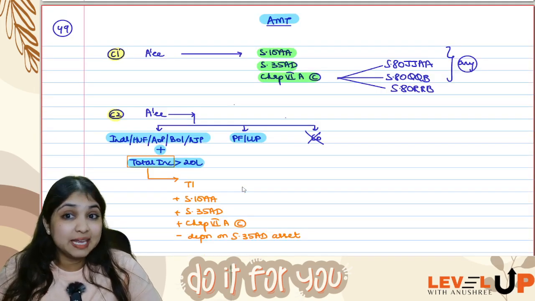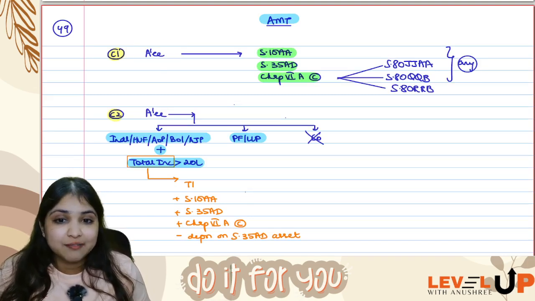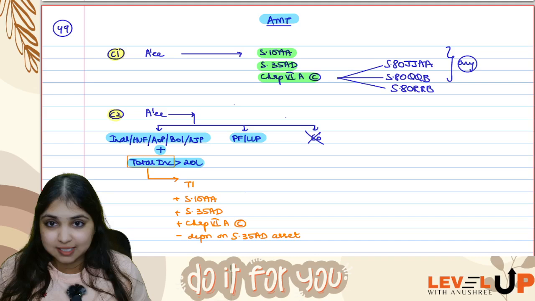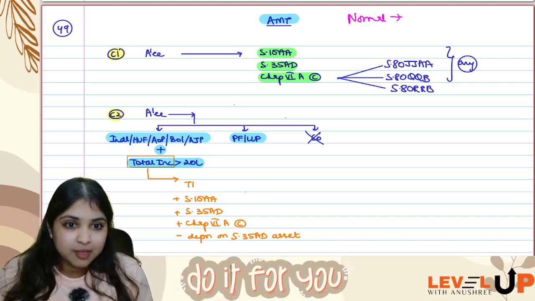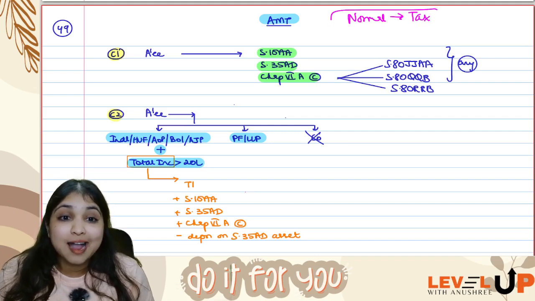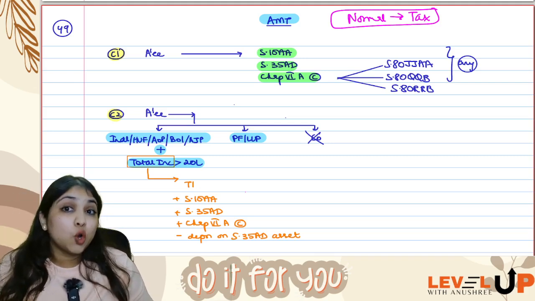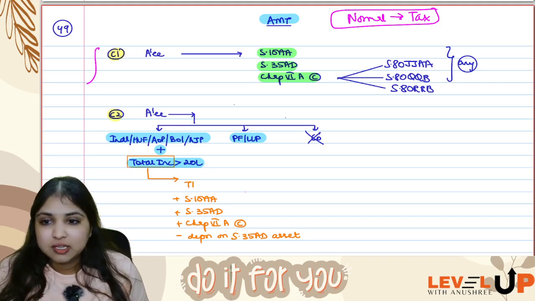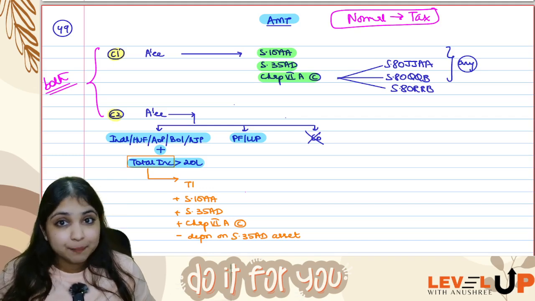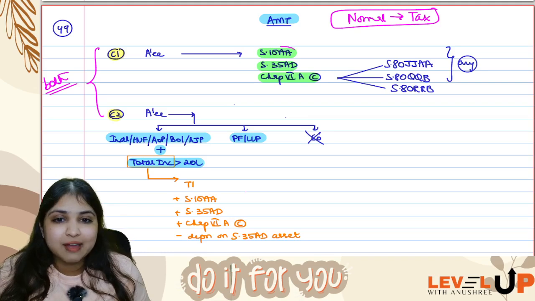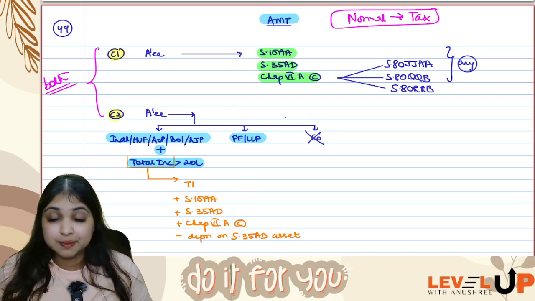Then comes my AMT discussion. Oh, this is very important, guys. AMT. Assessee should be either having 10AA or 35AD or Chapter 6A Part C. See, listen, when will you think about AMT? Under the normal regime, when you are computing tax, your tax computation is not complete till you have thought about AMT. But AMT will not always apply. There are 2 conditions. Only if both the conditions are fulfilled, only then you will do AMT computation. So assessee should be either having 10AA or 35AD or Chapter 6A Part C. Any one at least assessee must be having.